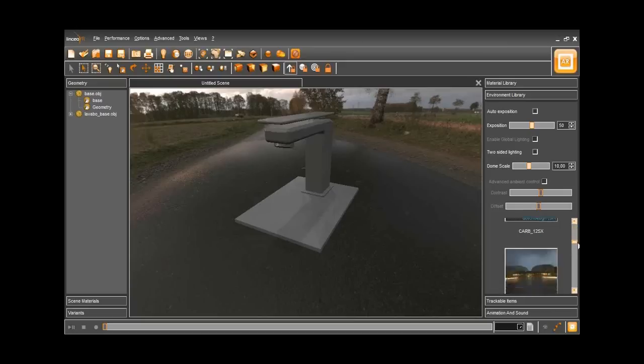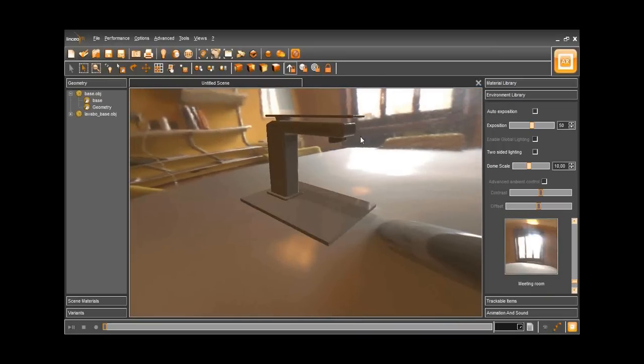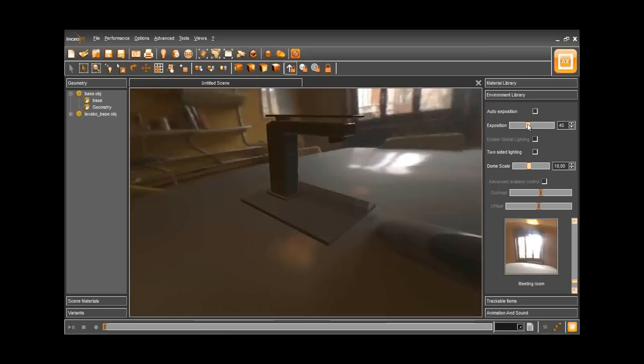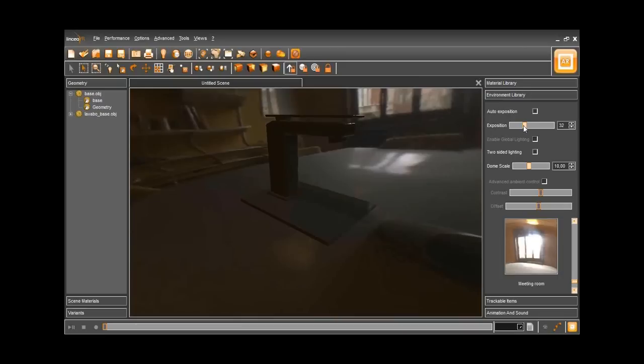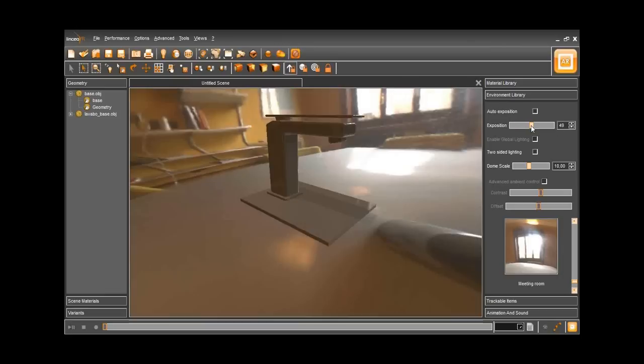I just want you to notice how, selecting different environments, also color and lighting change. So we see reflections on the model coherent with the environment in which it is inserted. Those are HDRI environments, so we can also change the exposition. It's a sort of changing the exposure time. If we want to see it in a darker way, we can simply lower the exposition, and all the model and the environment will be lit coherently with the rest of the